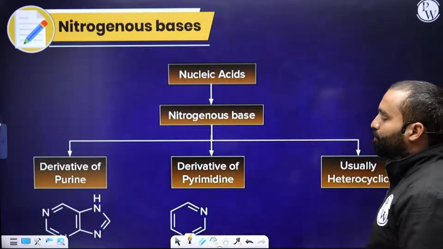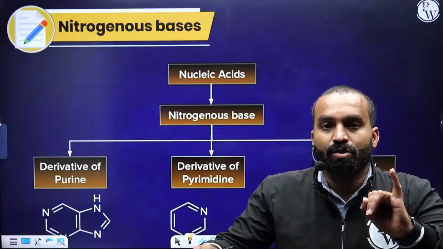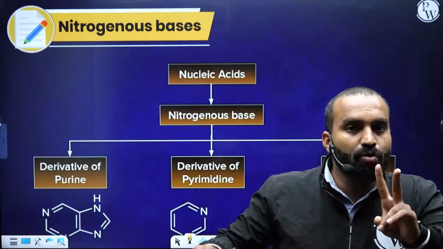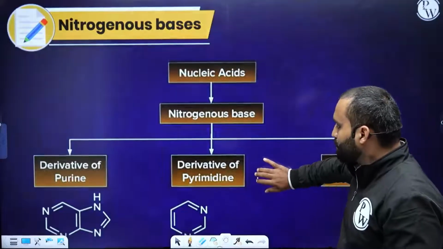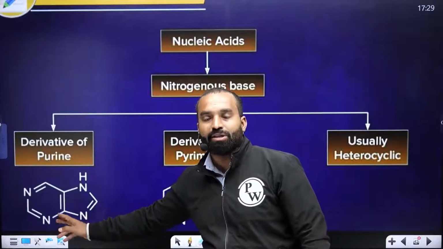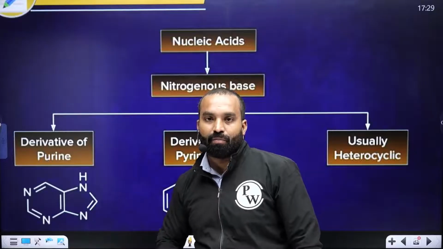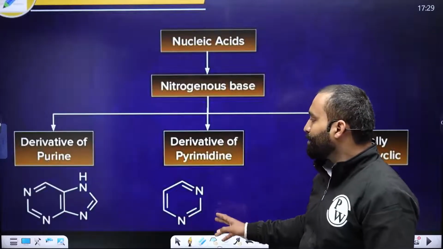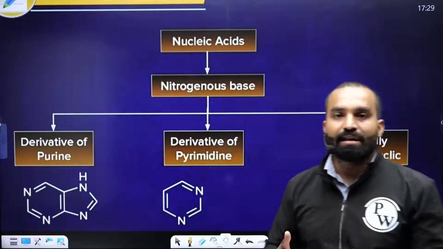There are two types of nitrogenous bases. I told you sugar is only one kind, ribose or deoxyribose. The nitrogenous bases are of two types. One is called purine. Purine has two rings. The pyrimidine has only one ring. Let me pull the slide a little bit up so that you can see the structure. This has two rings. These are called heterocyclic rings. Hetero means when you have any atom apart from carbon as a part of the ring, it becomes a heterocyclic compound. This is a pyrimidine. Now we are going to derivatize it and obtain various purines and pyrimidines.